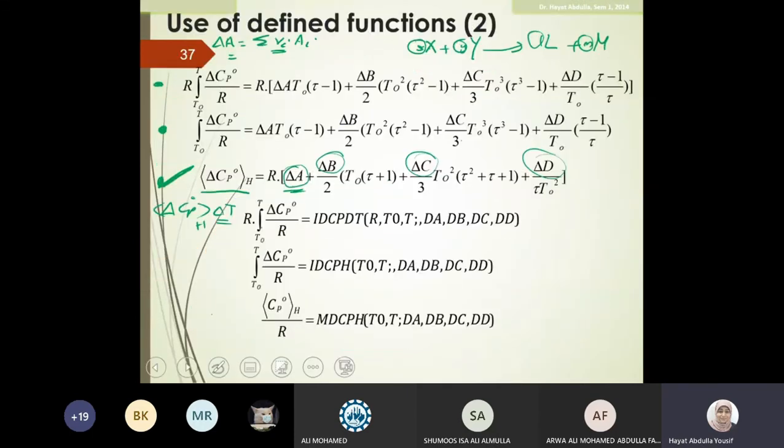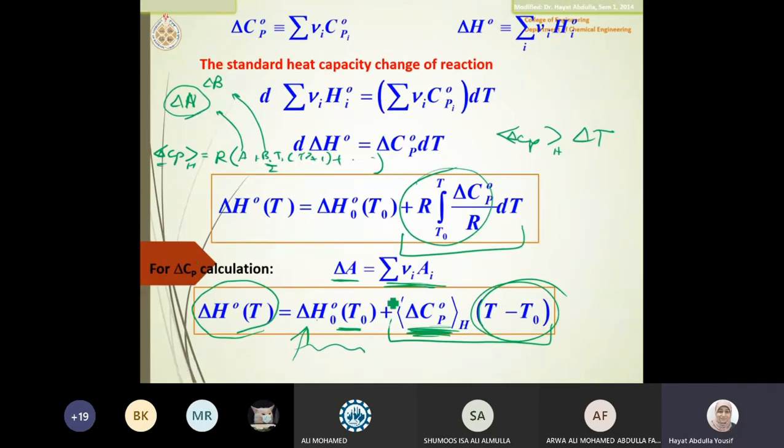So if that is clear, then I will move to solving a problem. Let me know if you have any questions. Does anybody have any question before I proceed? You all okay? So the kink equation for the temperature dependence is this. This one is the most important, the equation that you are going to use for your calculation.